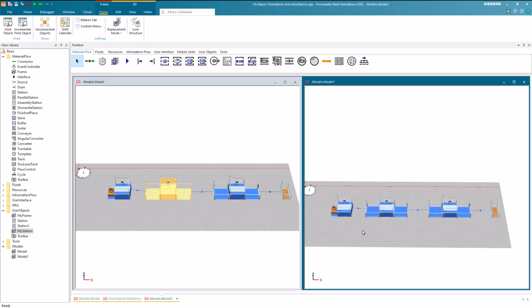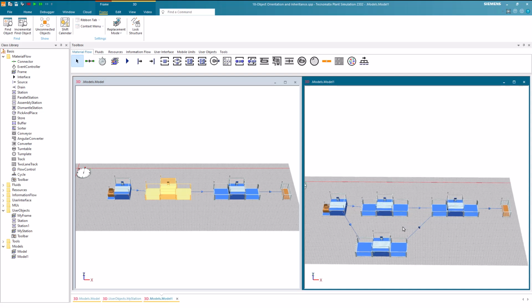So let's assume that we are still not happy with the throughput, even though we have 2 buffers. Now we want to consider if the duplication of the stations will increase the throughput. Therefore, we can now simply add a second station into the derived frame. After doing so, we could now evaluate if this increases the throughput, while still keeping the inheritance for the 2 other stations, as we can see.